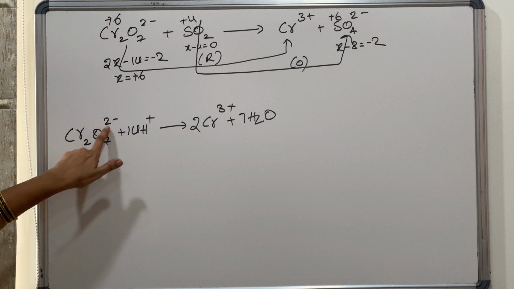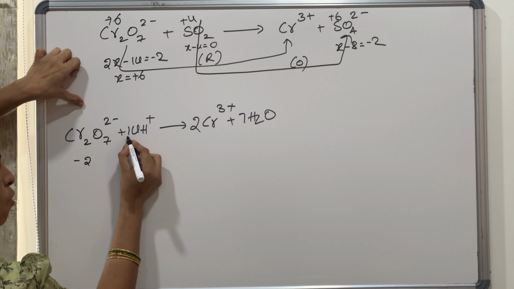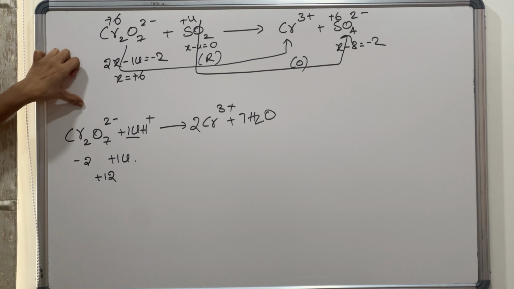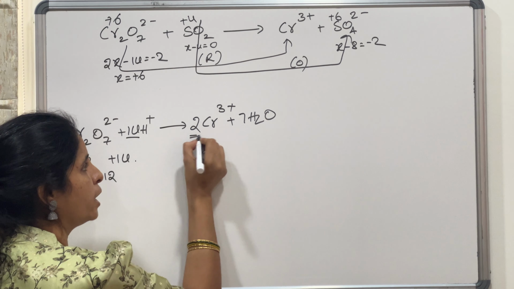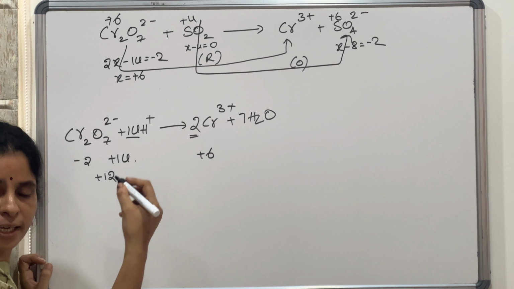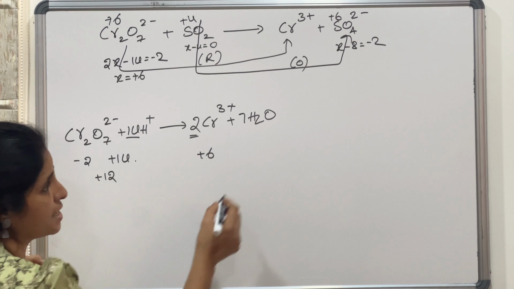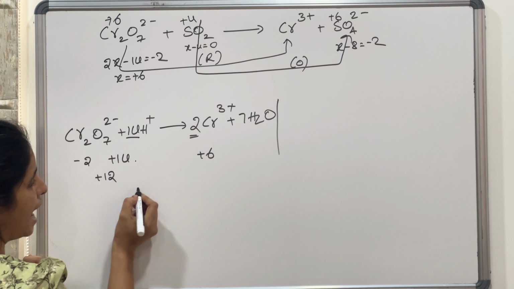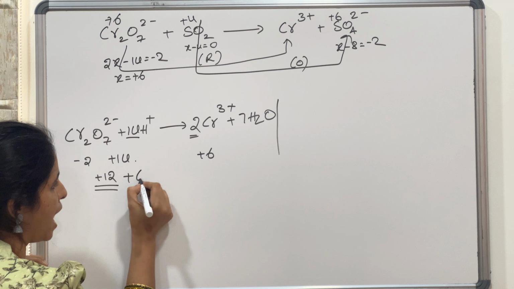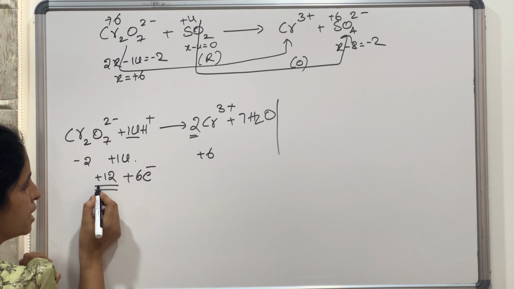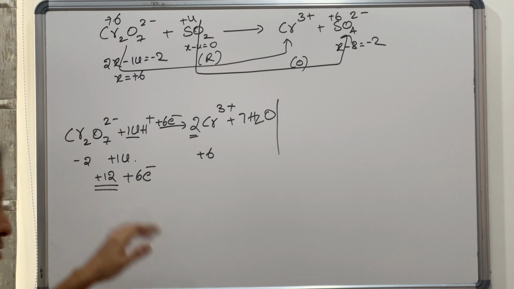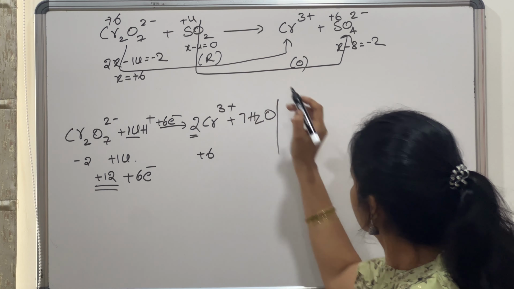So how to balance the charge? Here it is minus 2. 14 into plus 1, so it is plus 14. So overall charge is plus 12. And this side 2 into plus 3, it is plus 6. So here you cannot increase the charge, but you can decrease the charge as it is the reduction half cell. You can add electrons, so you can reduce the charge. So plus 12 this side, so if you add 6 electrons this side, this will become plus 6. So 6 electrons this side. So you have balanced this part, and the second part is